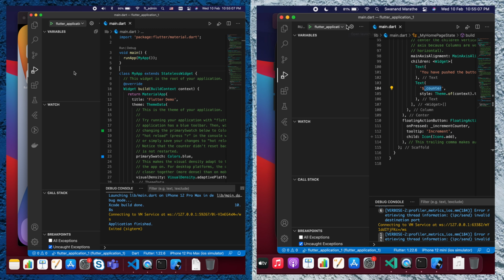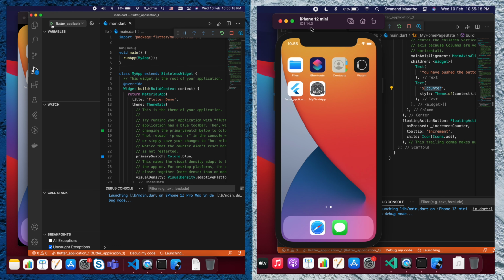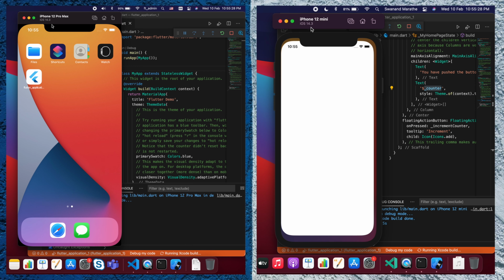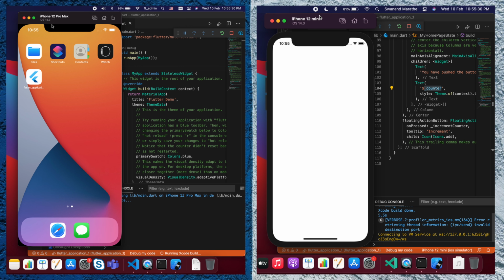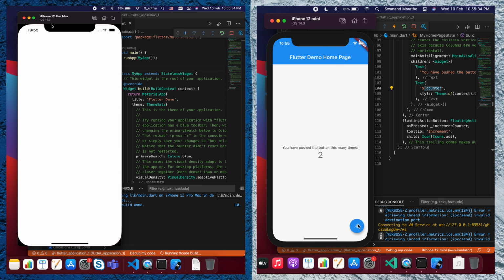Okay, so now the simulators are currently running in the background, and on the count of 3, 1, 2, 3. Here again the M1 wins.